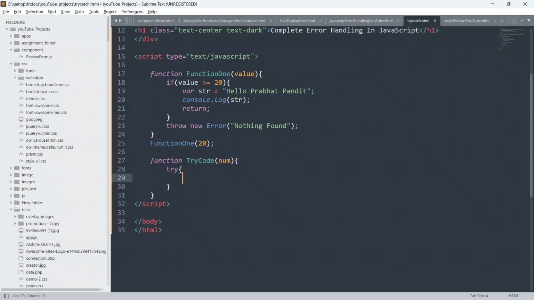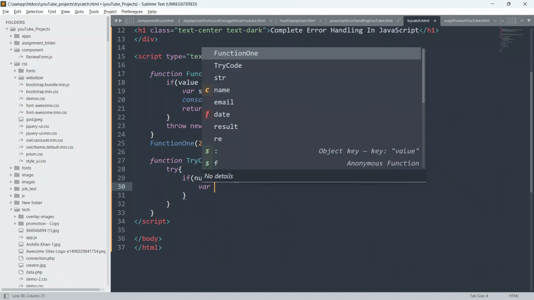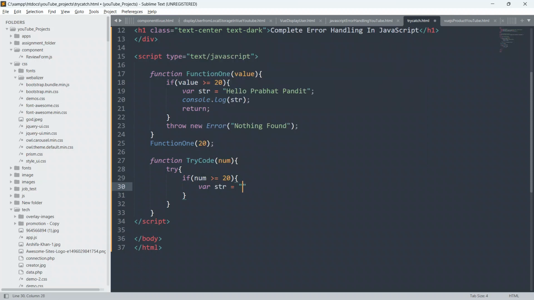First of all, I will check if num is greater than or equal to 20, then open curly braces. We will create a var here and say str equal to hola Prabhat Pandit, and terminate this.